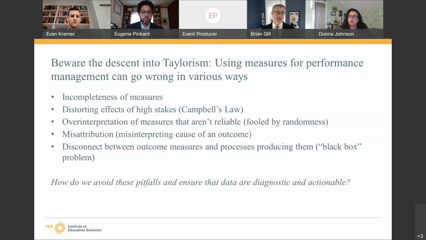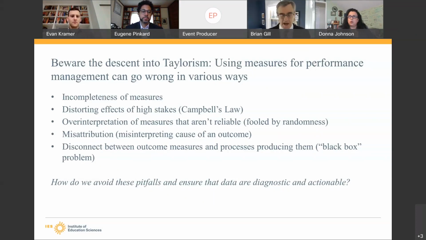And then finally, there's often a disconnect between the outcome measures that we follow for students and the processes producing them. So we may know something about how students are doing. We may even know something about how schools are performing, but very often the measures don't tell us what's happening in schools to produce those outcomes.